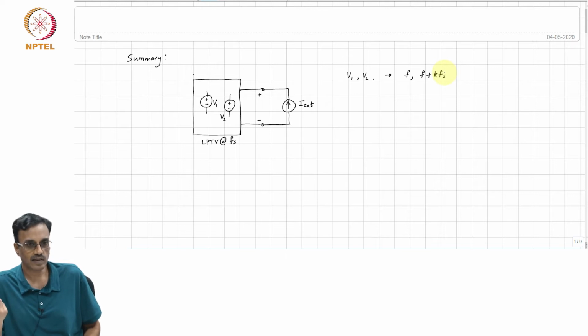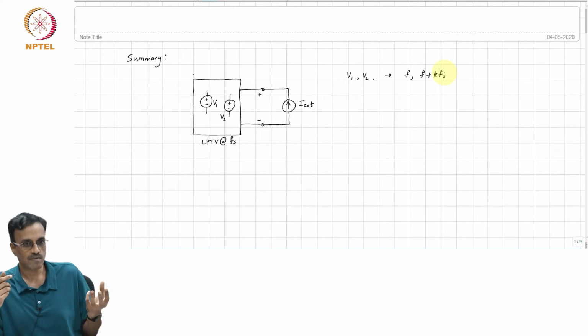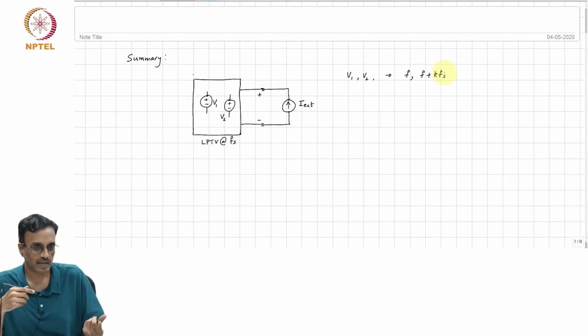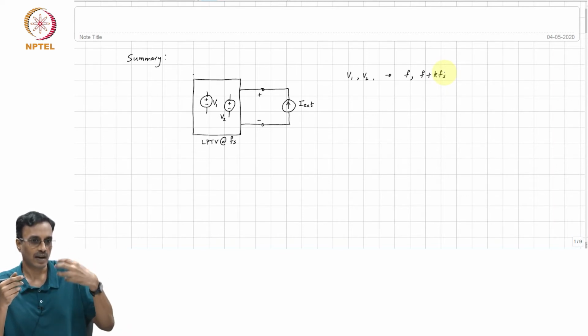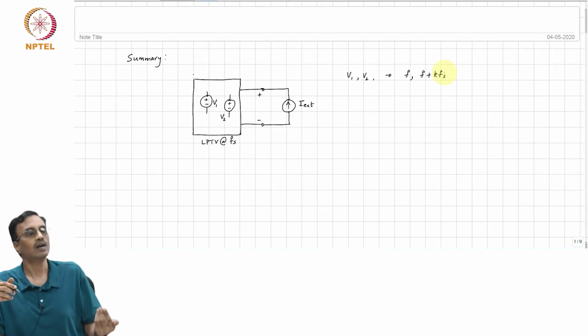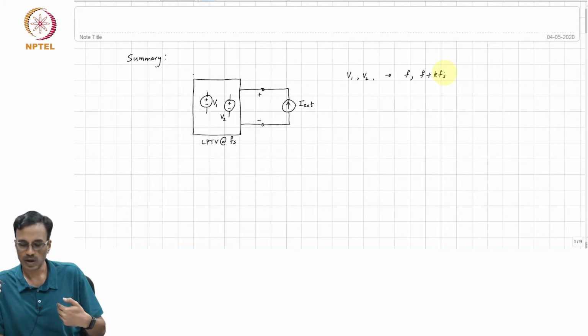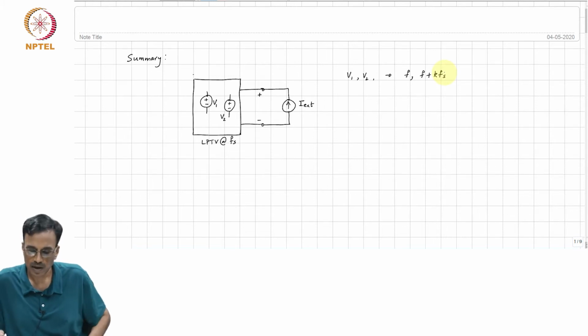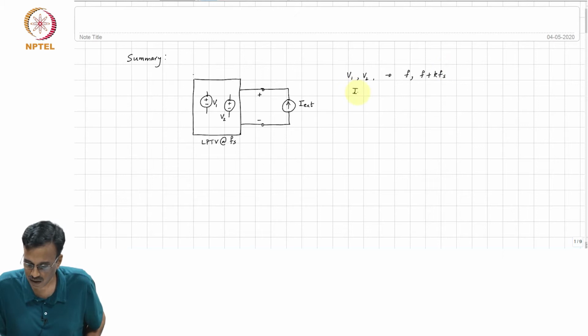When you do phasor analysis, you assume that all the sources are at the same frequency f, and then you compute every impedance at that frequency, and then you have a Thevenin impedance which is valid at that particular frequency. Now, you have an LPTV network. So, every frequency must be of the form either f or f plus k times Fs, where Fs is the rate at which the network is varying, and likewise I external is also of the form f plus kFs, where k is some integer,